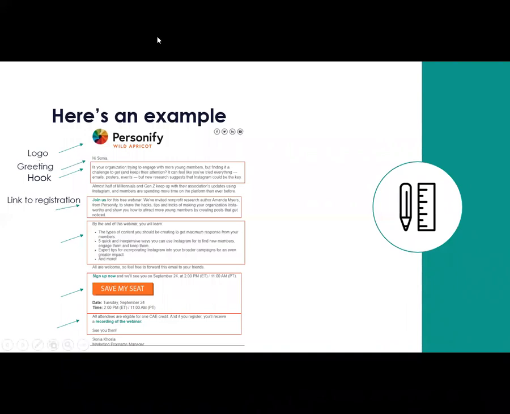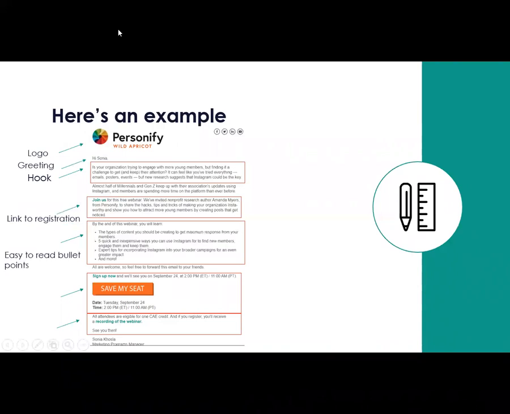And then not too far down, you want to have a link to register or a call to action immediately. And you want that to stand out. So I've used bolded text and a different, contrasting color, and also tried to put it right away in the upper part of the email body here. Because it's screaming to you in green font and it's bolded, you're likely to at least click on the registration, even if you don't get to reading more of the email, right?